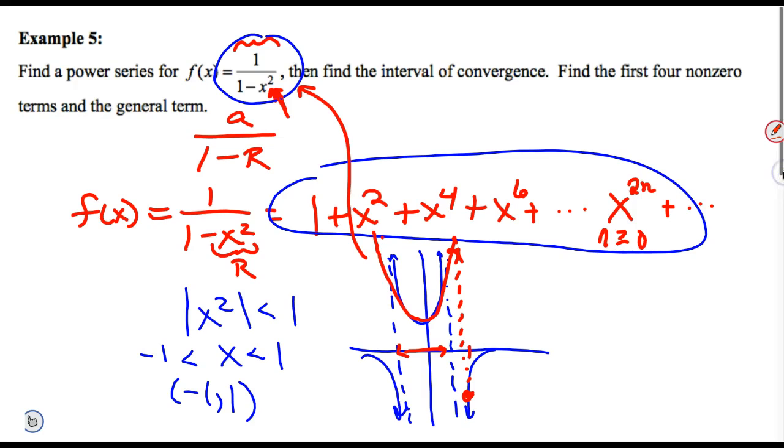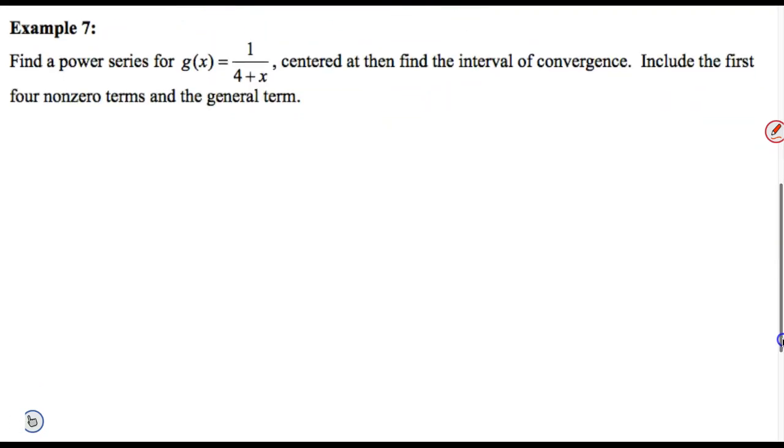Let's go look at number 6 then. On number 6, I've got an issue because I need to have it be a over 1 minus r. I'm having a little bit of an issue because I don't have the plus and I don't have the 1. Well, that's the beauty of math. You can create whatever you want to create as long as you don't break any rules. I could do this from the grassroots. This should be centered at 0. Sorry, that's important. I could just start and say g of x equals 1 over 4 plus x,